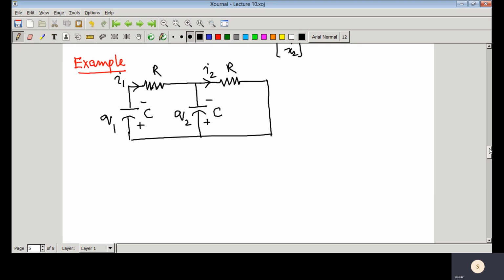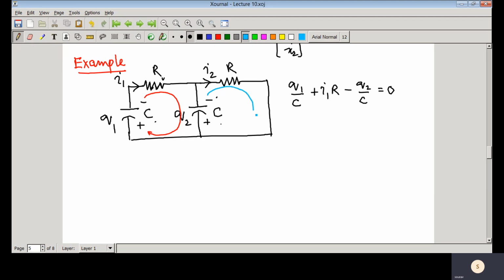I'm just writing directly here. You can see for the first loop, for this particular loop, I'm writing that KVL, that is Q1 by C, then current is flowing along the direction, so this is plus I1 R, and then here if you traverse along this direction, minus, that is minus Q2 by C, equal to 0. So this is the first